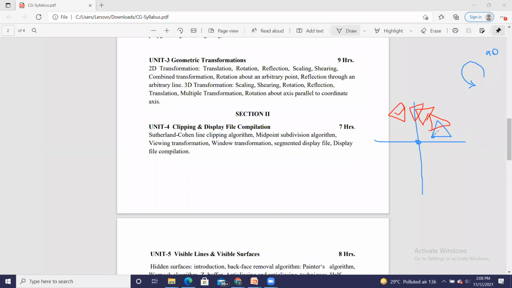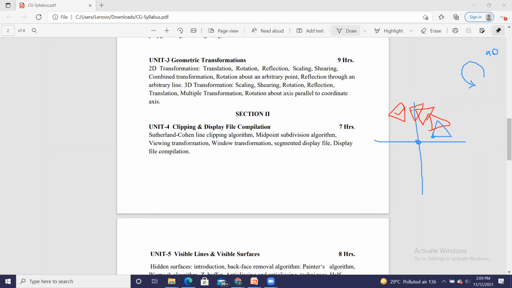This is your original object, which is rotated with respect to this origin, and you will get the outcome, the final object like this, where the base is parallel to y now. Earlier the base was parallel to the x-axis. Here, after 90 degree rotation in the anti-clockwise direction, your base will be parallel to the y-axis.